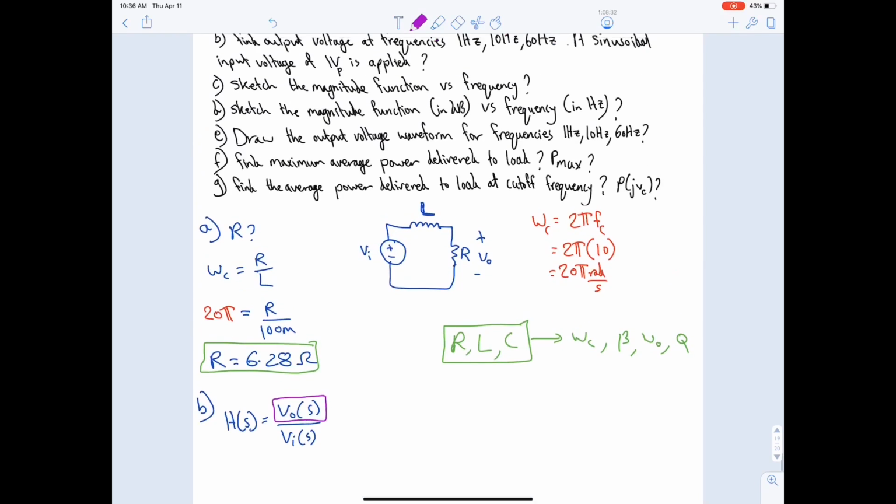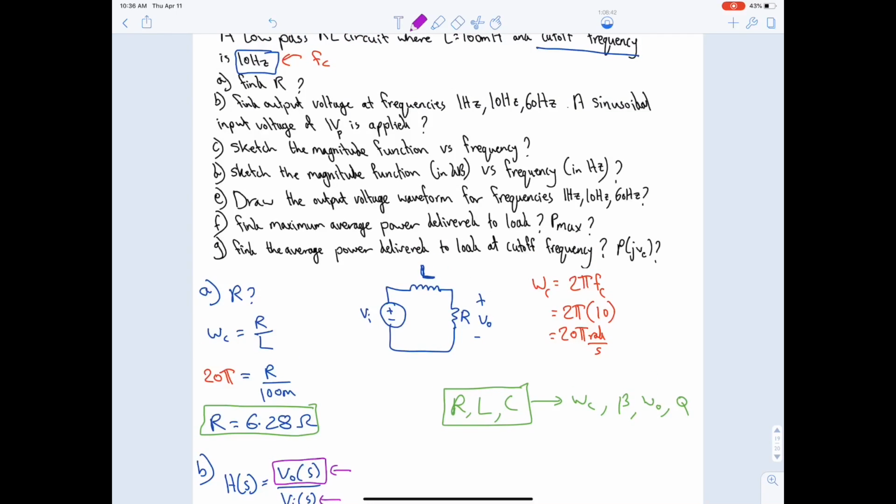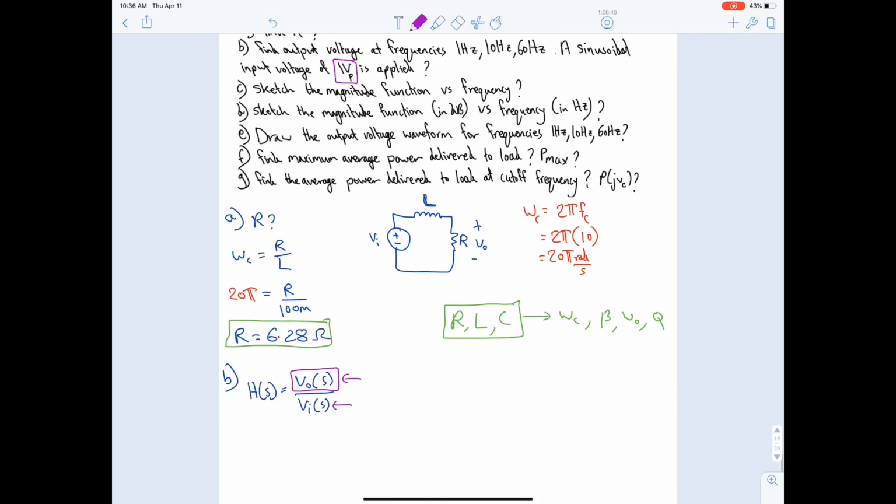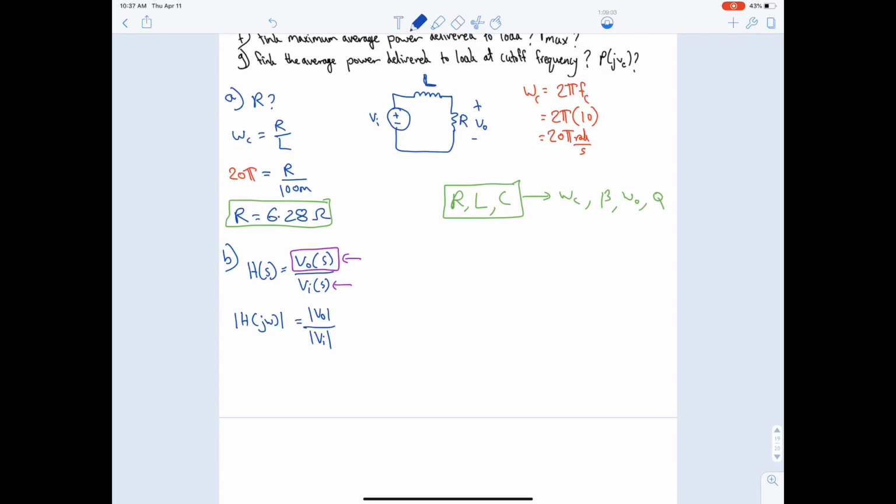Now here, this is V output, but are they looking for this specific V output? No. Why? Because this V output is in terms of S, hence it's an imaginary number. Even the V input is in terms of S, which is an imaginary number, whereas in the question here, V input is 1 volt peak, that's a real number. Another equation that has V output is the magnitude, which is equal to V output divided by V input. So the magnitude has V output as a real number and V input as a real number. So if we are looking for the V output, it's equal to the magnitude